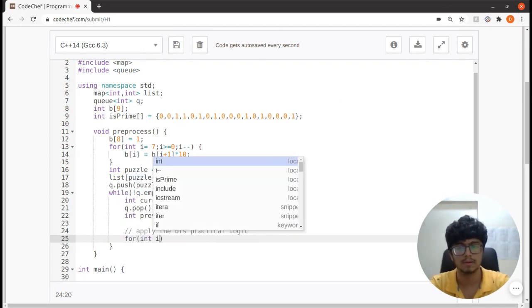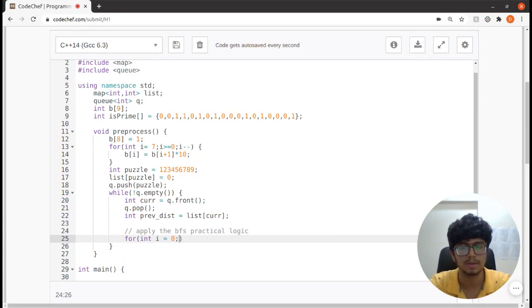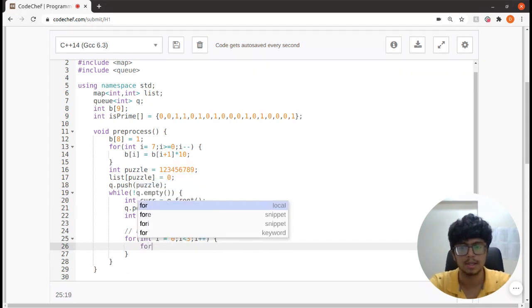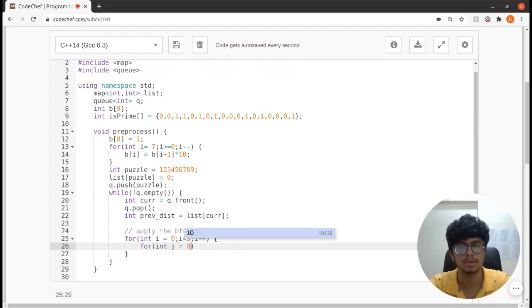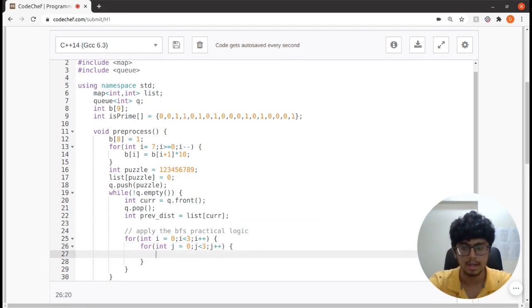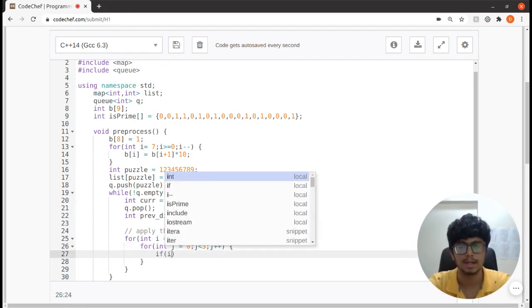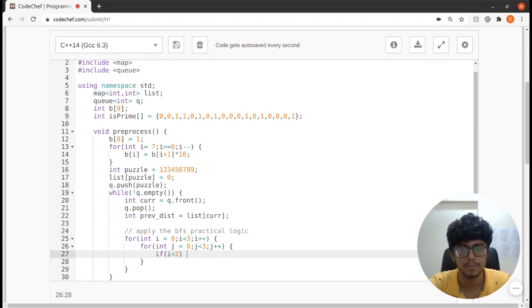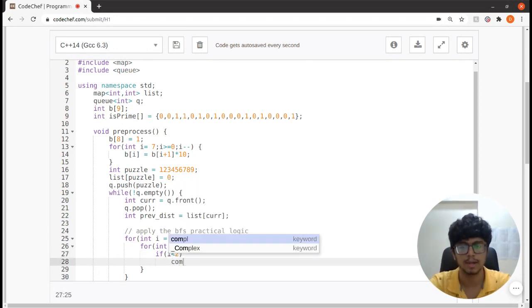So I'll write this code. int i equals 0, i less than 3, i plus plus. Again, j equals 0, j less than 3, j plus plus. And here I'll say if i less than 2, and now we would write the compute function.